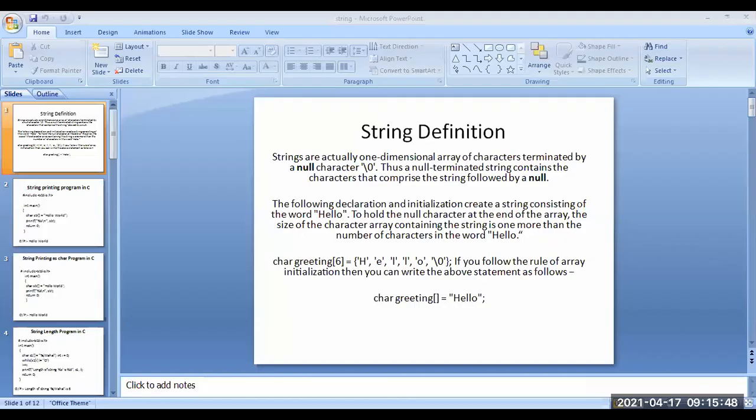Today we are going to discuss strings. So coming to the string functions, what is the use of strings?